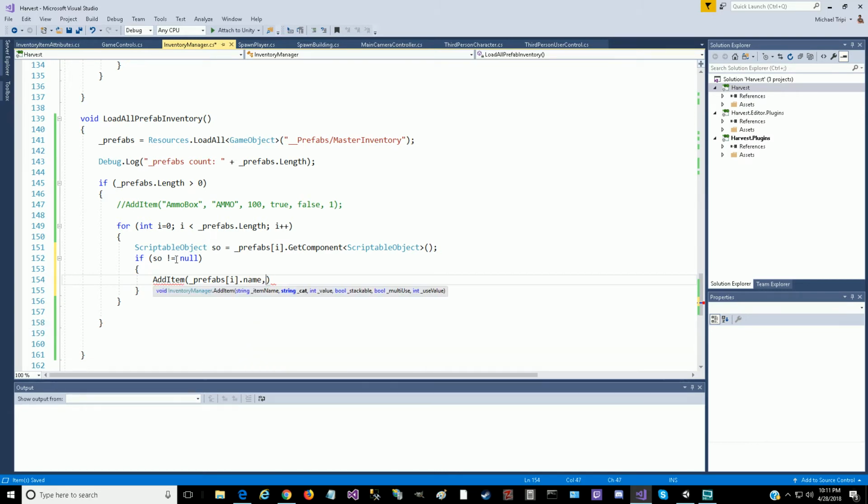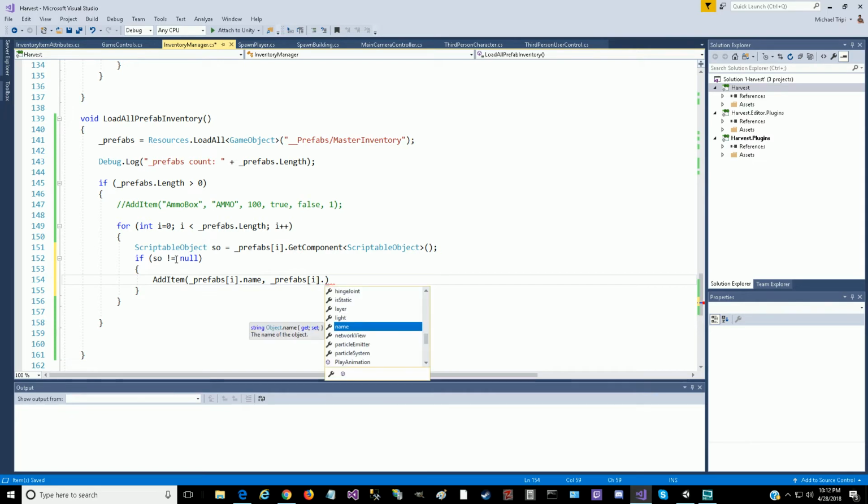Name. That'll be our first. And then we're going to extract from the scriptable object that was on that prefab the values that we're looking for, which is the category. So that'll be underscore prefabs I dot